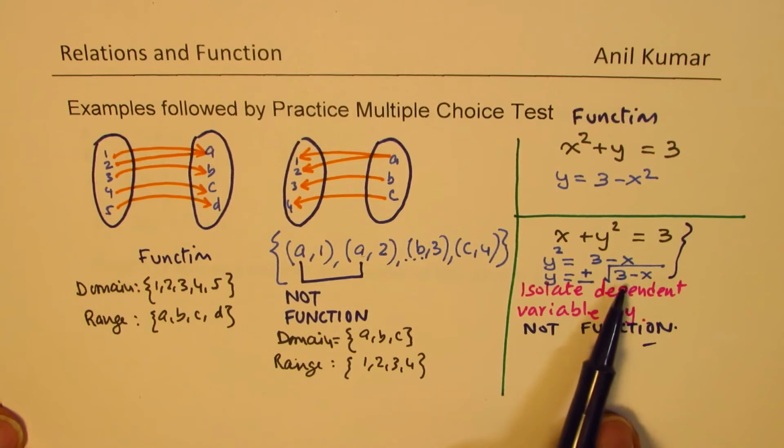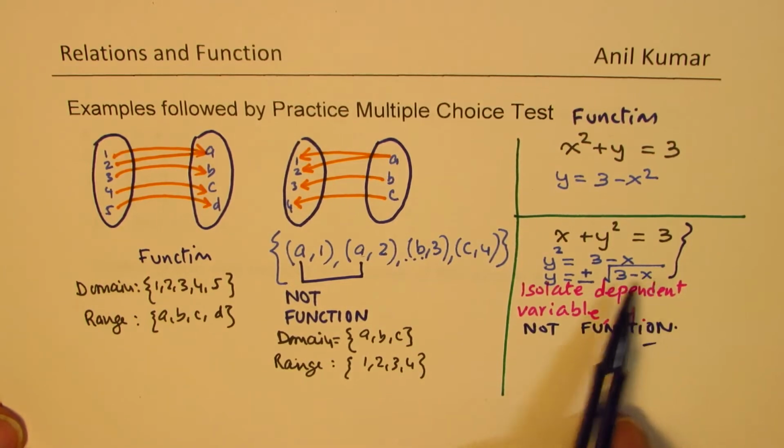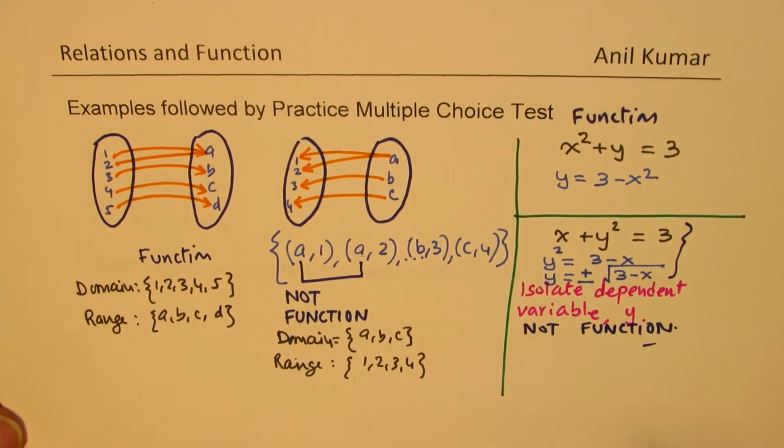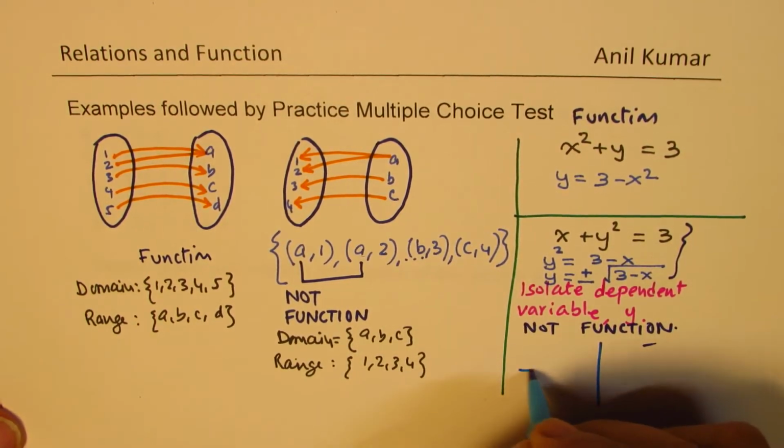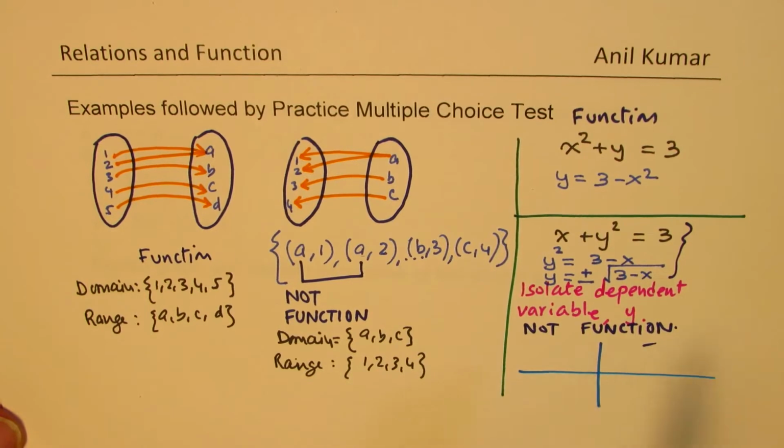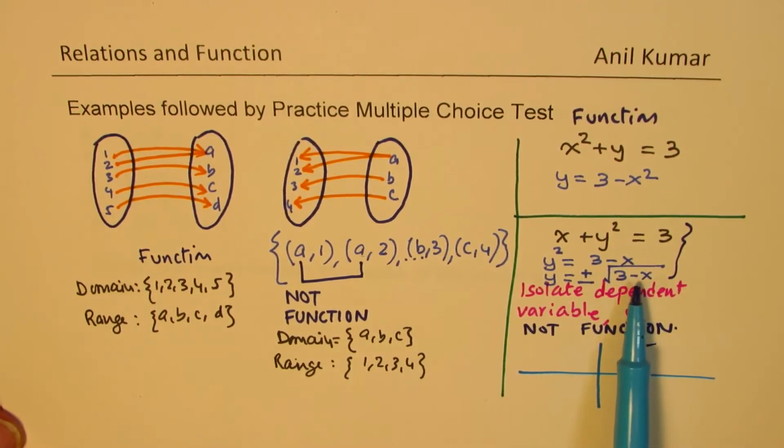So 3 minus square root of 3 minus x, right? If you take a graphing calculator and try to graph this second function, a relation, what will you get? Well, here for every one, the value of x can only be 3 or less, right? It cannot be more than 3, correct? 3 or less. So if I put x as 3, then we get y equals 0,